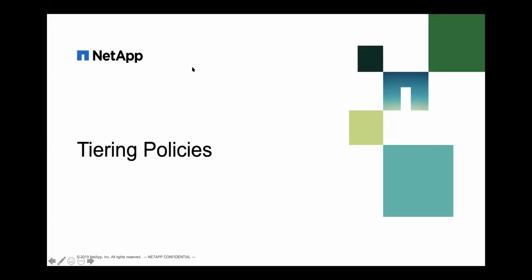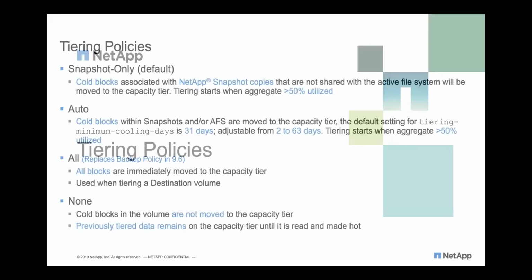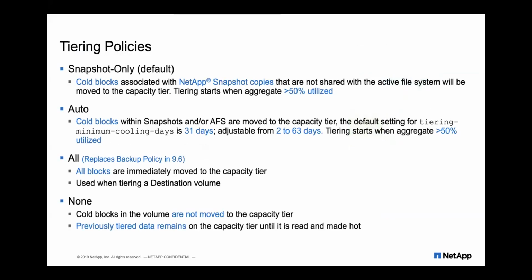So how do we control what data gets tiered? We do that with tiering policies. You enable your Fabric Pool on the aggregate, and then you control your tiering per volume with your tiering policies. First we have the snapshot-only policy, which is the default when you create a volume. Cold blocks that are only within the snapshot copy, meaning they're not linked to your active file system, will be flagged for tiering and moved